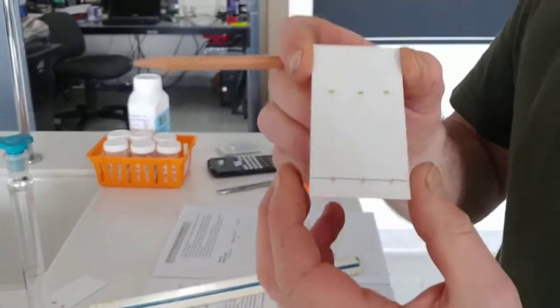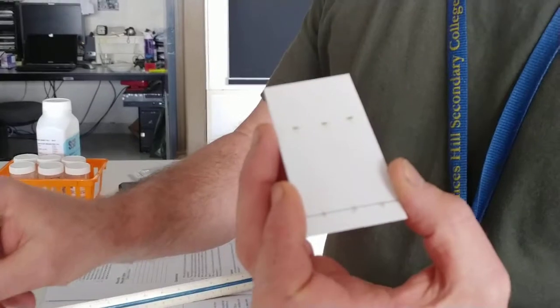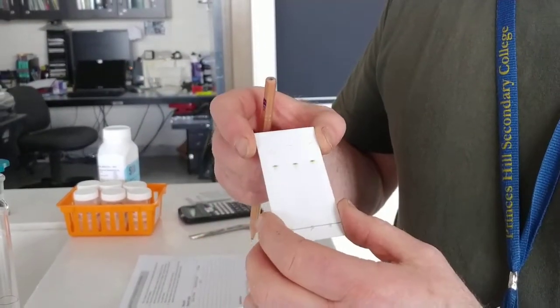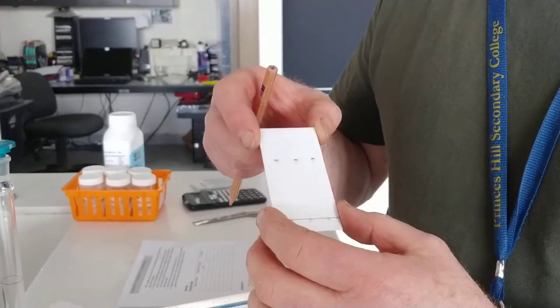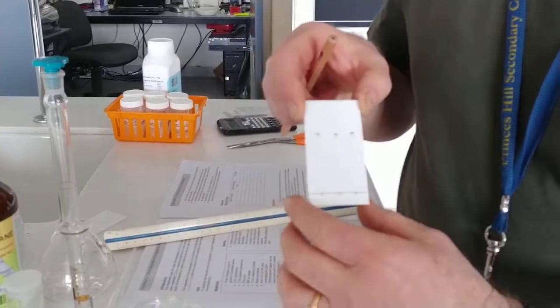So this is basically thin layer chromatography using extract from the silver beet leaf. Now, this is one technique of chromatography. Another technique, this is wet chemistry chromatography. We just happen to have at the school a